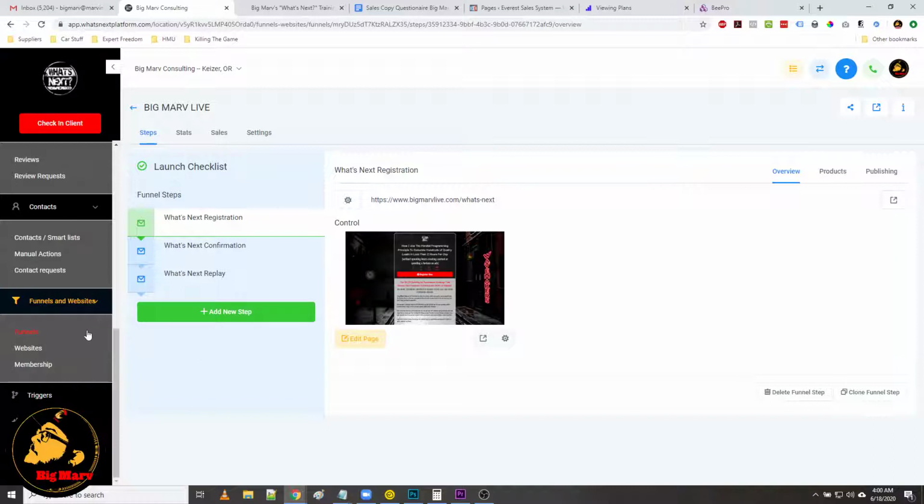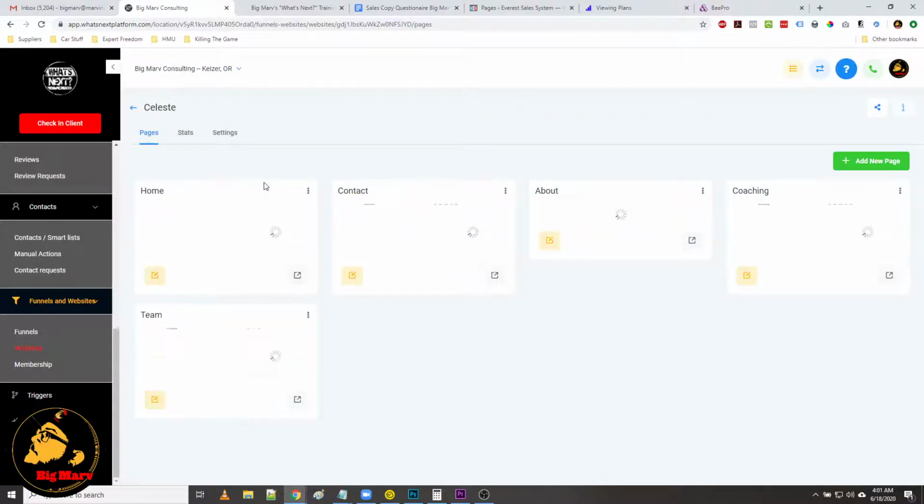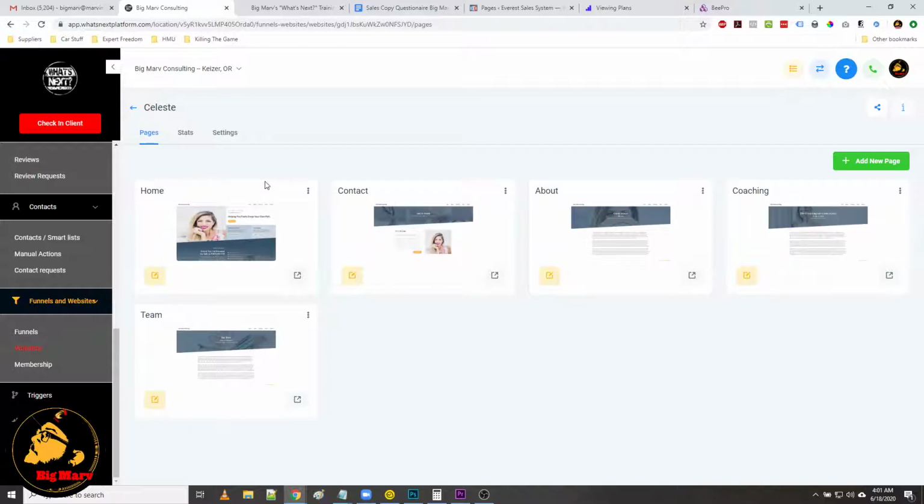There might be a couple other ones, but that's the only one I've run into a wall with. And then websites, these are like full-blown websites. The only thing our websites don't support right now is blogs, but blogs are coming. I'll let you guys know as soon as we support blogs, but you can see this is a fully functional